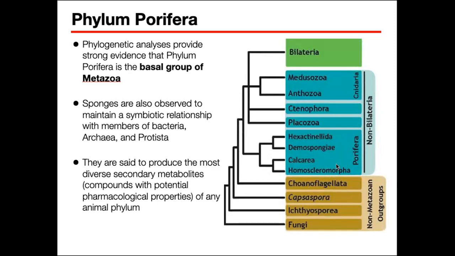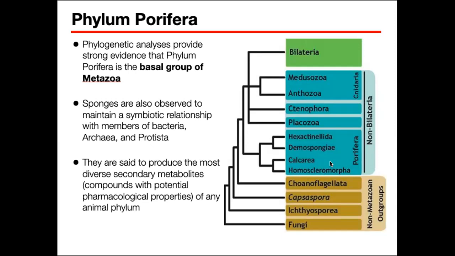And that is why they are considered the most rudimentary form of animals there is. Okay? And sponges are observed to maintain a symbiotic relationship with members of bacteria, archaea, and protista. And they are considered of